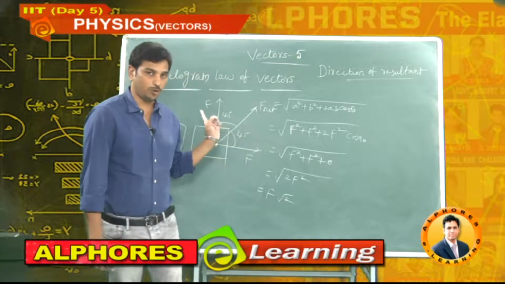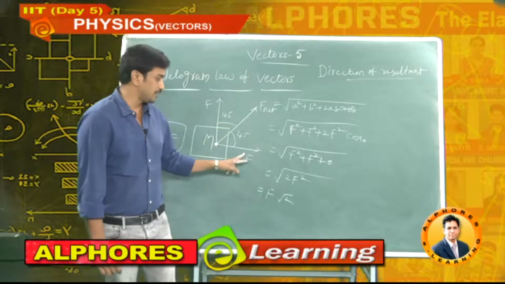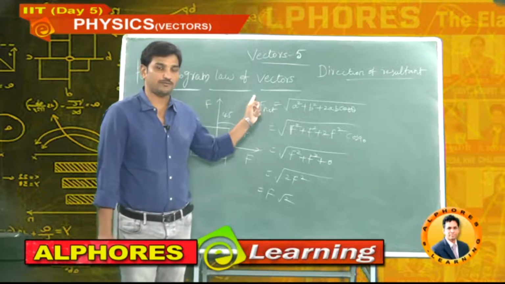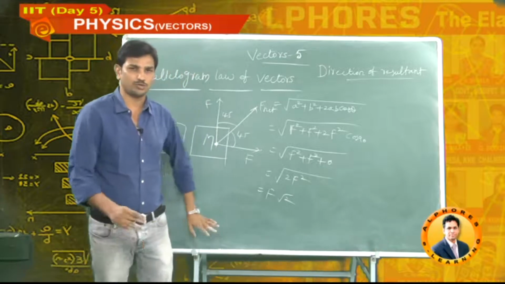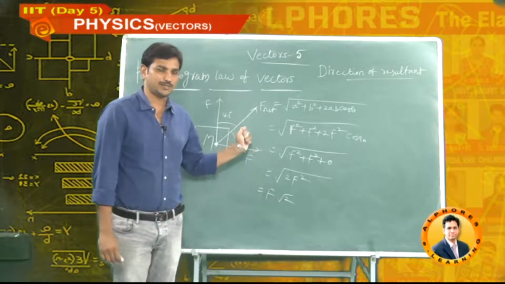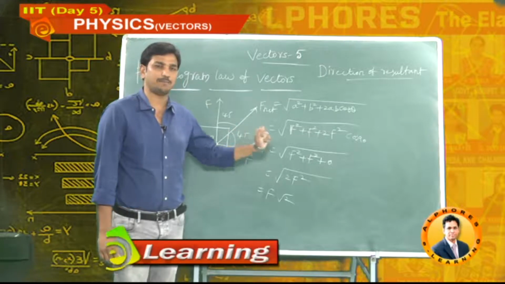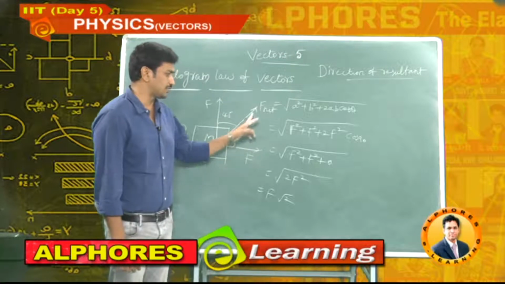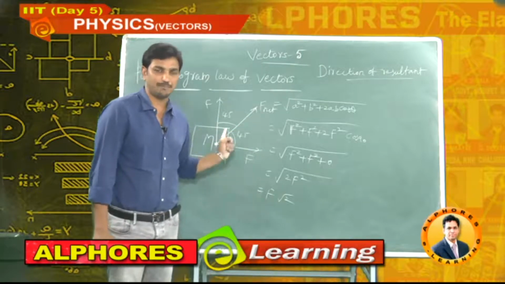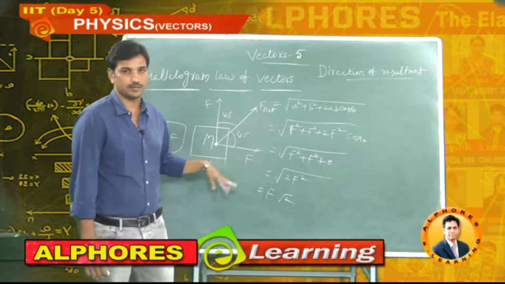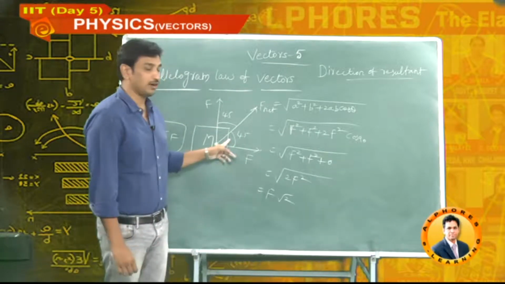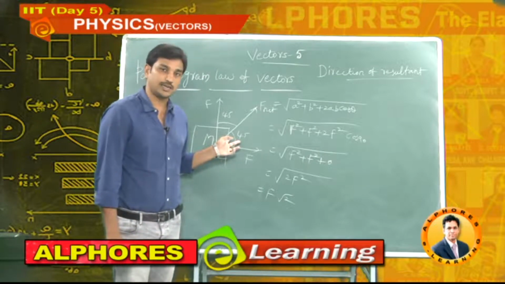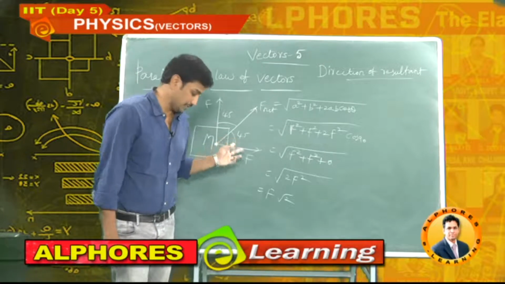Directly we will use this point in the numericals. Two vectors are like forces having 90 degrees. Now the resultant of these two forces is root 2f. No need to solve once again. The results we are deriving here are directly applicable in the numericals. So if two equal forces are at 90 degrees, the resultant force is root 2f and it makes an angle of 45 degrees with each vector. That we already know. Still if you have doubt, use tan alpha is equal to b sin theta by a plus b cos theta, and again you can verify, you will get the angle 45 degrees.